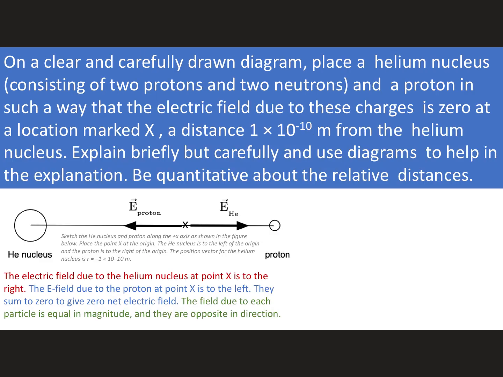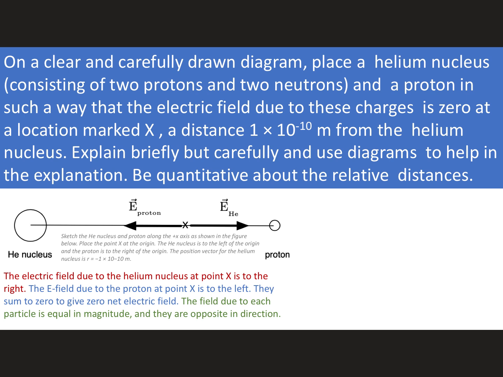Okay. Here's another problem that has a, not a particularly complicated, but it is a tedious setup so that you can do the math. So I want to give you the bulk of that, and then we'll just do the math here. So helium nucleus, which has 2 protons and 2 neutrons, and then a proton. So big helium nucleus on the left, proton on the right. And we want to